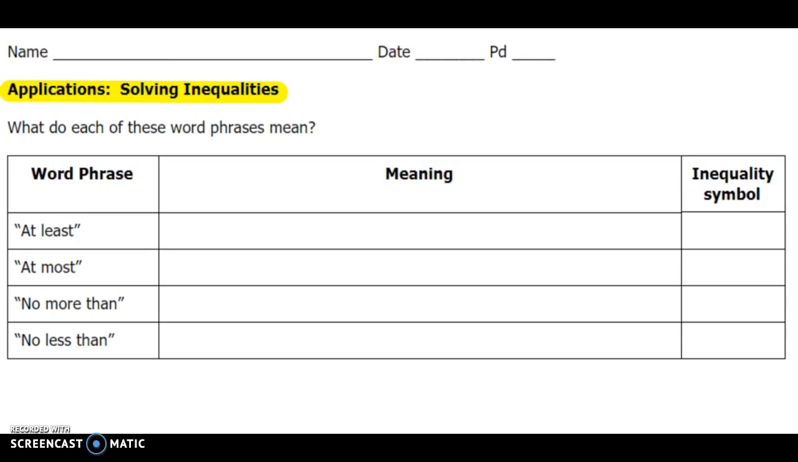Now when you hear that, you see that word least, and I don't know about you, but maybe your brain goes to the less than symbol. But if you really try and think about it, if I tell you that I have at least $20, that doesn't mean that I have less than $20. What it really means is at the least or the minimum amount. So I'm going to even put it that way. At least means the minimum,